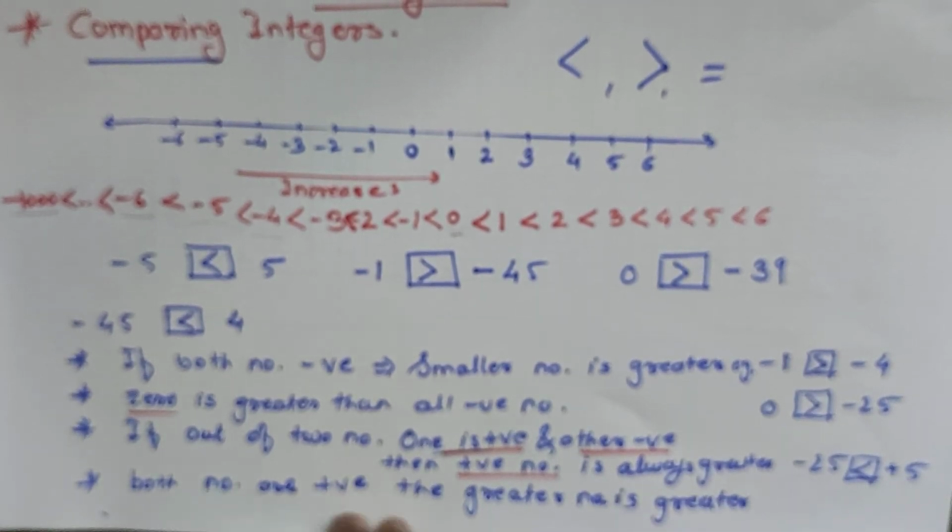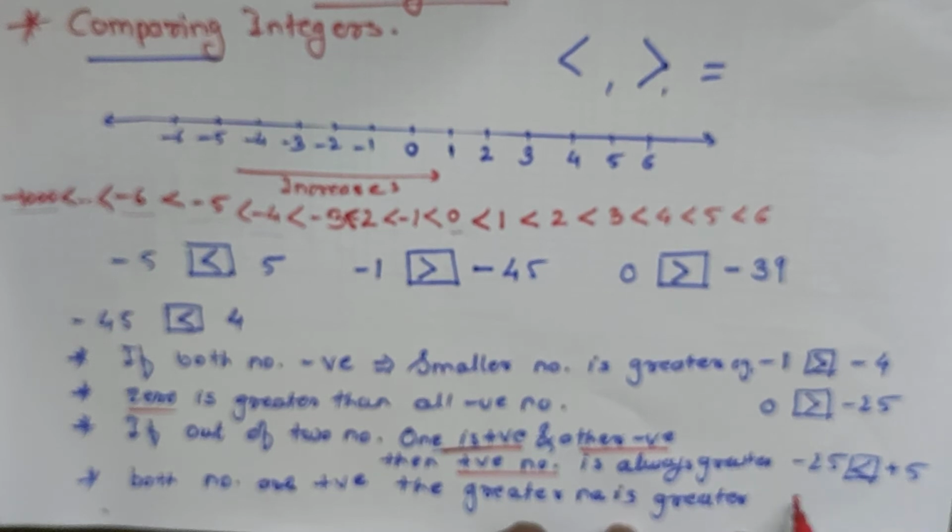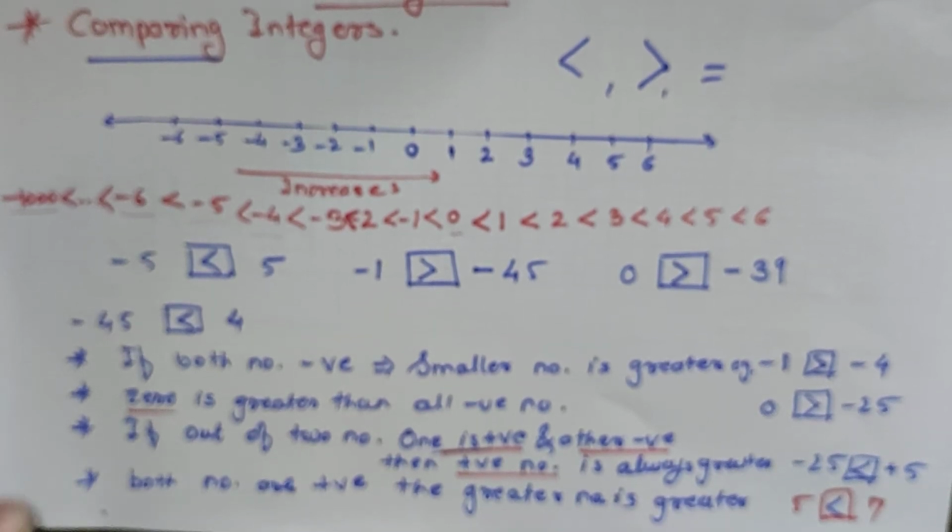For example, here I will write 5 and 7, and in this comparison, 7 is greater. So if you keep these 4 points in your mind, then you will not make any kind of mistake